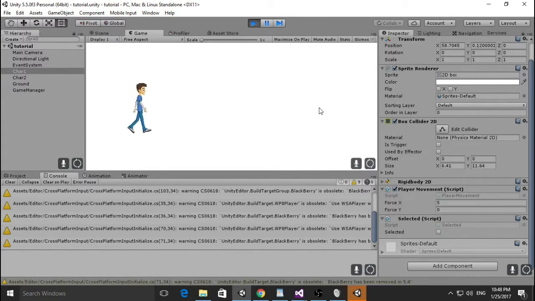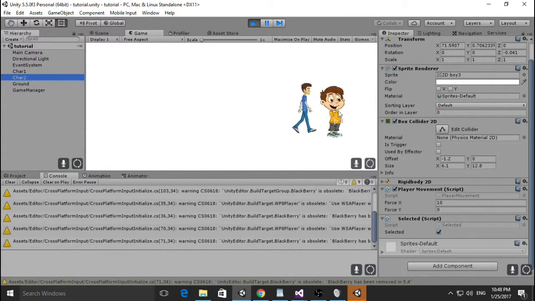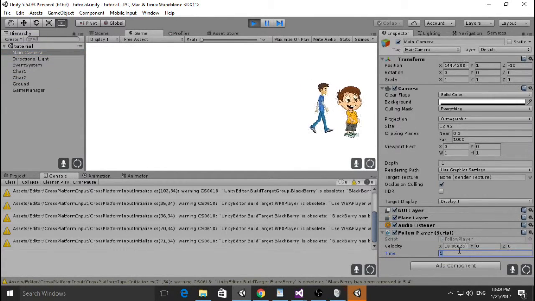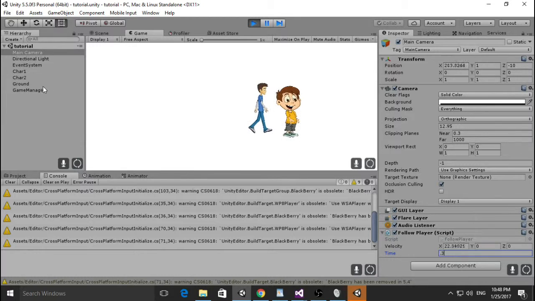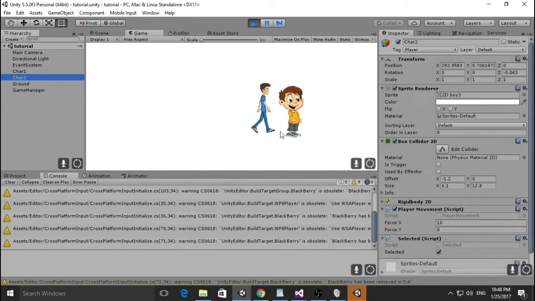You can just go ahead and give this, make them faster, and they're following him. Of course, we can make the camera also follow faster. We can just type this 0.3, so now it will follow a lot faster. So for example, if I make the first character selected,